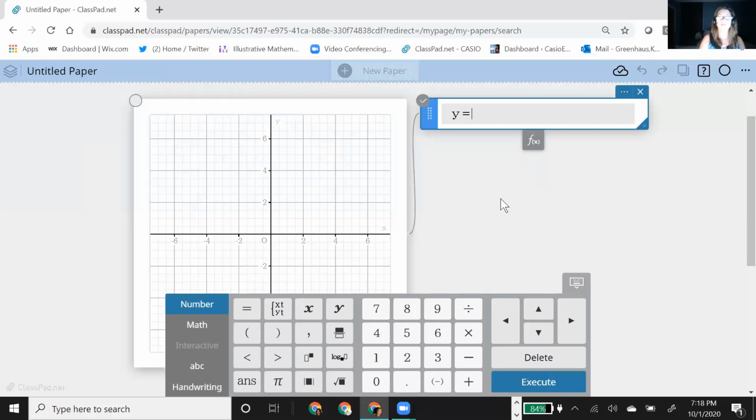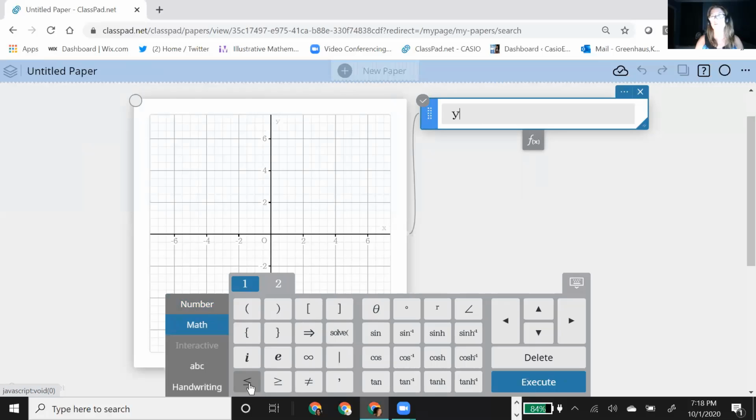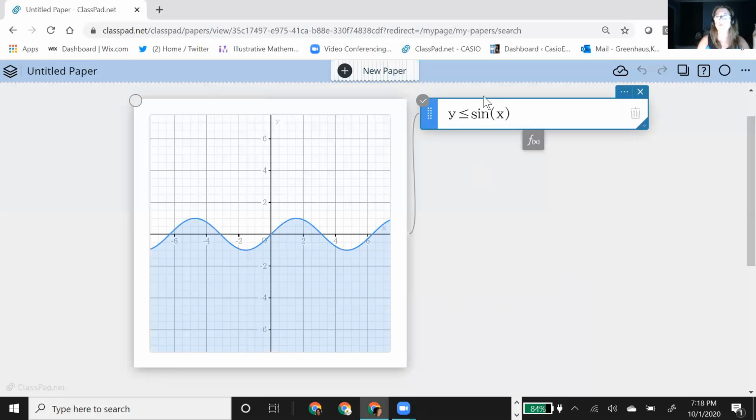So I'm going to create, oops, I want an inequality. And I want it to be less than. So here's my templates. My less than or equal to are here, or if you're on your computer, you can do the less than symbol and the equal, and it will make it. But there's less than that, and I want sine. Whoops. Actually, I'm just going to use the template here. That makes it of x. There we go. So watch what happened. Because I used less than or equal to, it's shaded in. So now I got my ocean.